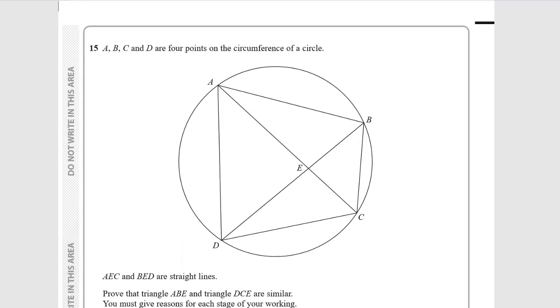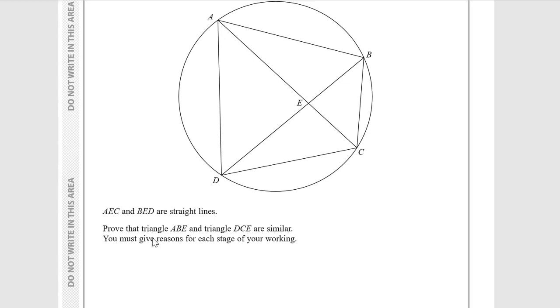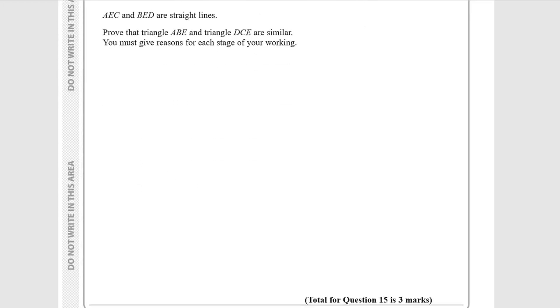So question 15. It says A, B, C, and D are 4 points on the circumference of a circle, A, B, C, and D. And it says prove that triangle A, B, E and triangle D, C, E are similar. You must give reasons for each stage of your working out. Okay, so